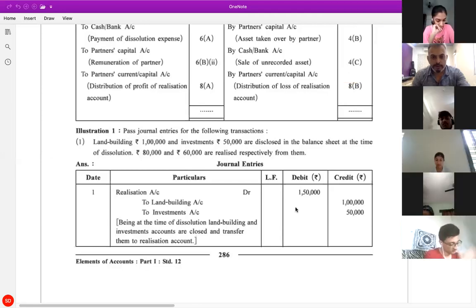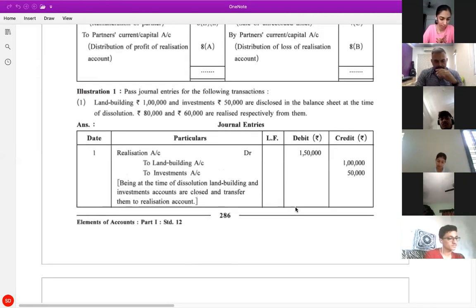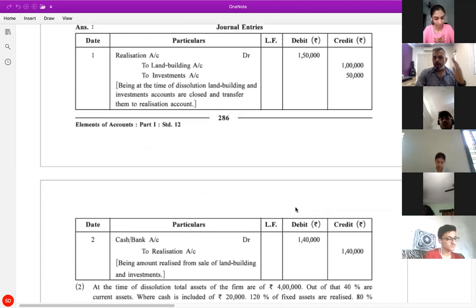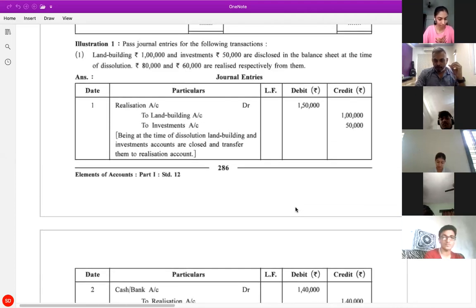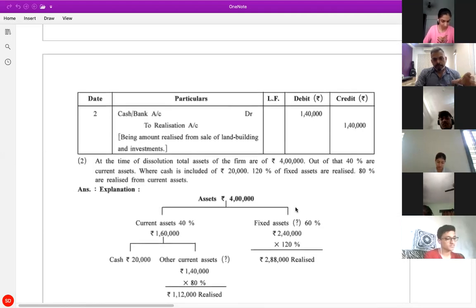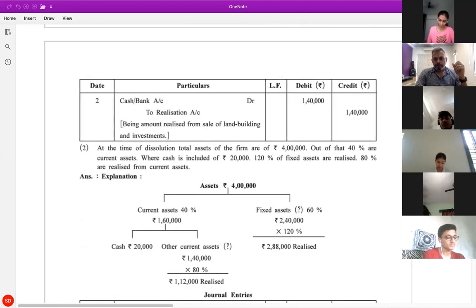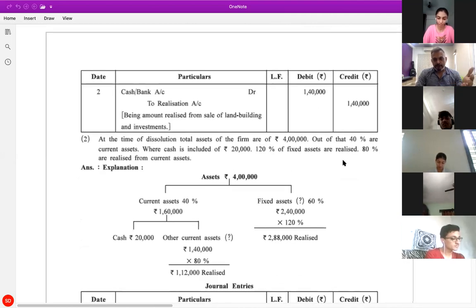Now in 286, just have a go through, and if you have any doubt in any of the adjustments, then do let me know. Again, illustration 1 is one of the most important questions. Okay, let's go to the second one. All these things are already there in my video lecture. I have solved everything in detail, but still if you have not been able to understand, then you can ask now.